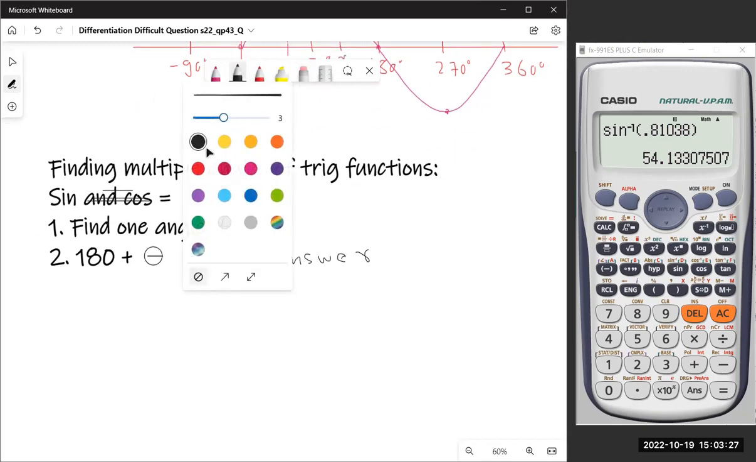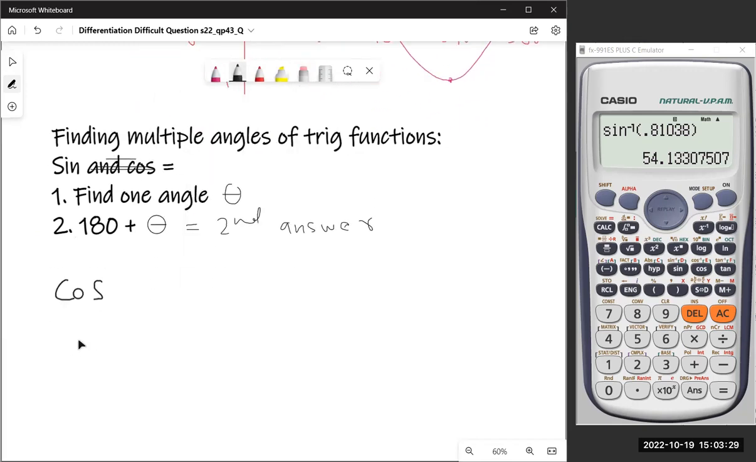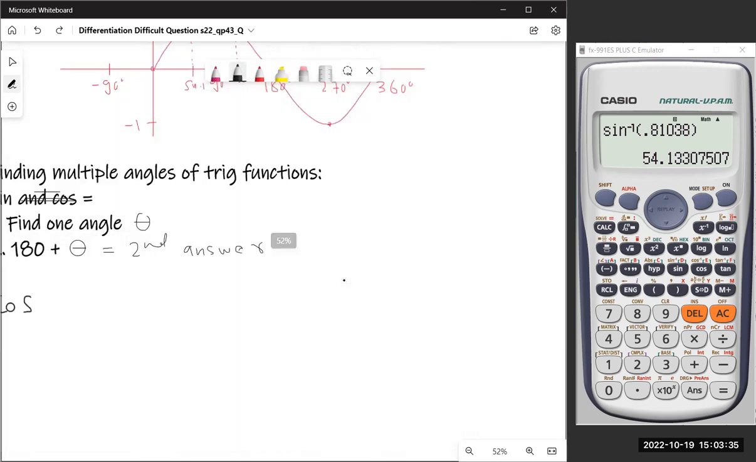Let's look at cos now. For cos graphs, you find one angle again, and all you have to do is, I think,